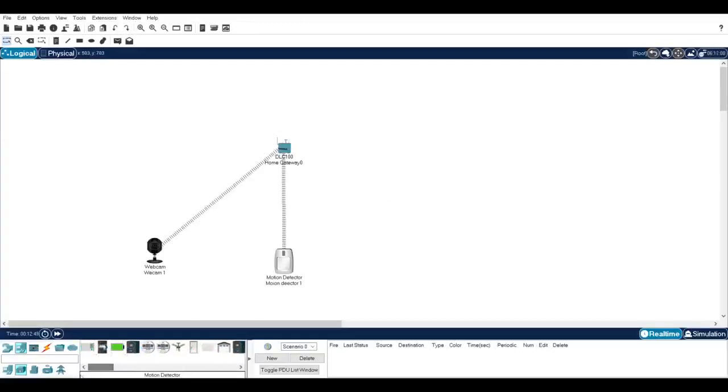Go to any device, in that select smartphone and drag it to the workspace, and then double click on the smartphone, select the configure tab in that wireless and change the SSID name by copying the SSID of home gateway, that is home gateway.